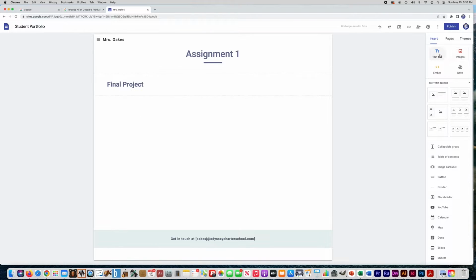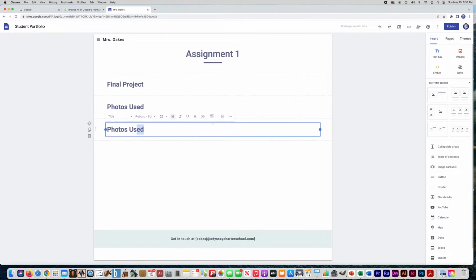So once again, you can go to text box and go through that same process again. This time we're going to put photos used and change that to a title. You can also go over here to the right and just say duplicate section and change it. And this one is going to say